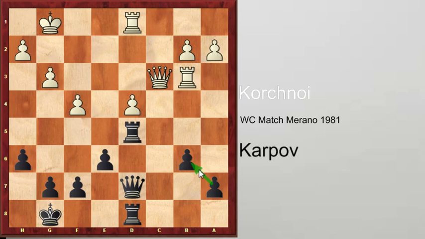And now after rook b4, he plays b5. So he's trying to make this rook short of squares on the fourth rank in order to win the pawn. So now Korchnoi is playing a4 to find squares for his rook. Pawn takes, queen a3,